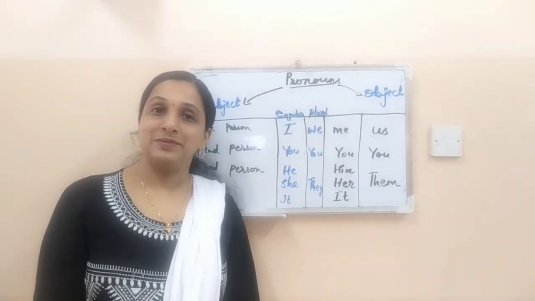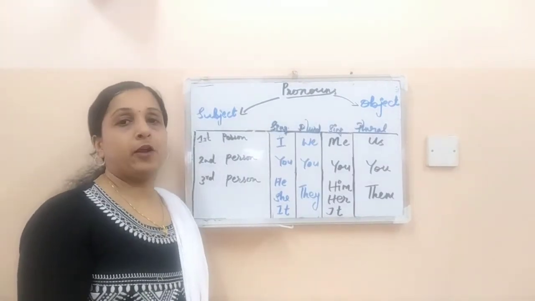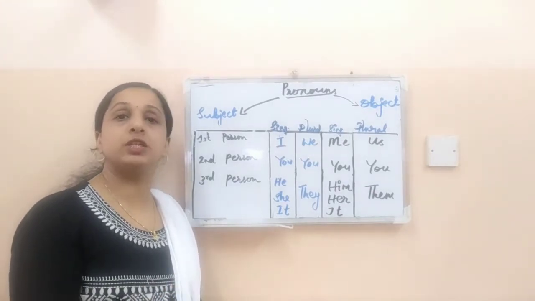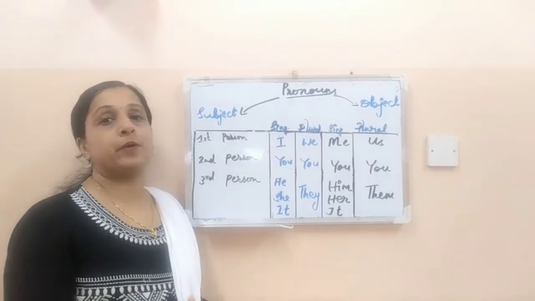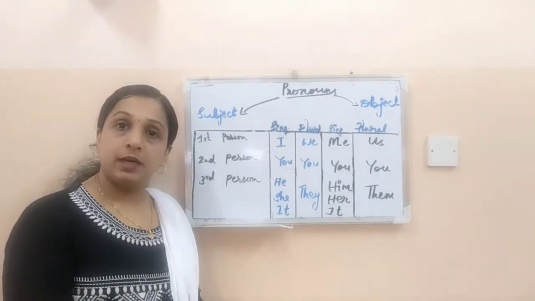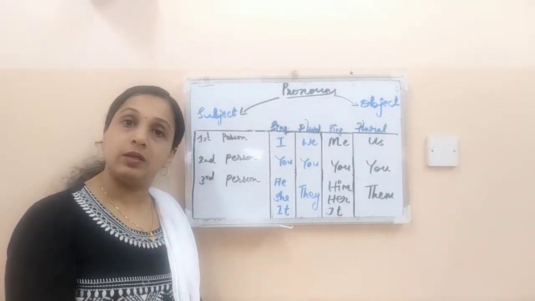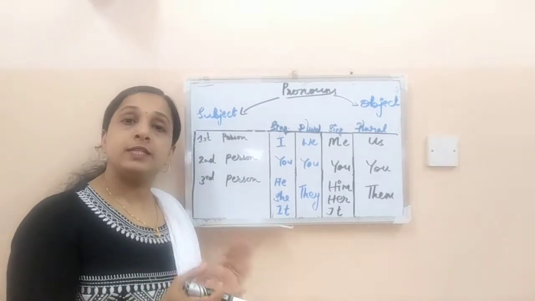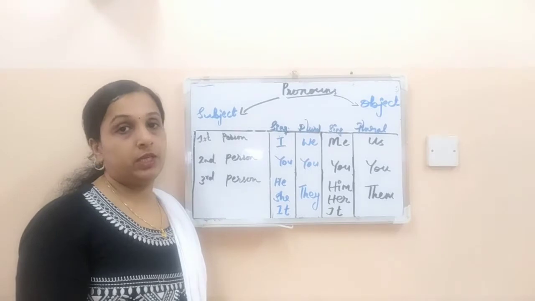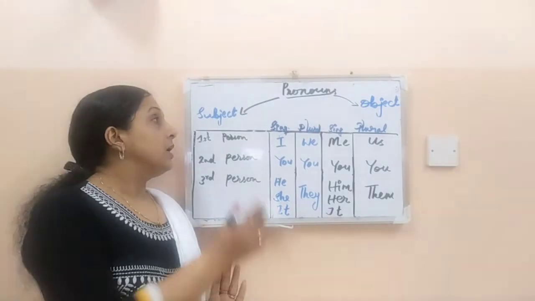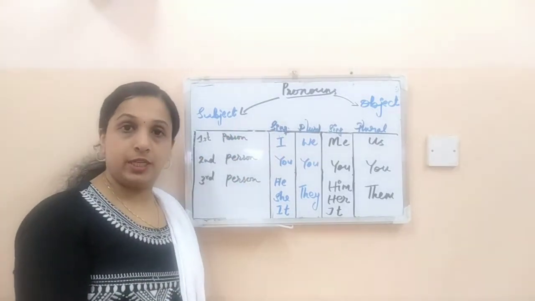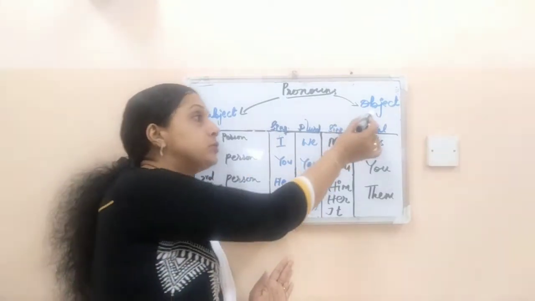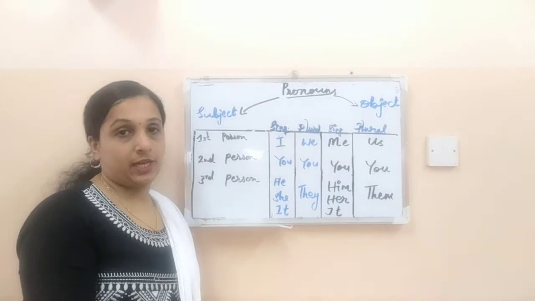So let's begin. Subject and object pronouns are fundamental things in English. Both the subject and object will be a noun or a pronoun. Making it simpler, if the object is not a noun, then it will be a pronoun. What is the function of an object pronoun in a sentence? It receives the action in a sentence. Subject pronoun does the action, object pronoun receives the action.